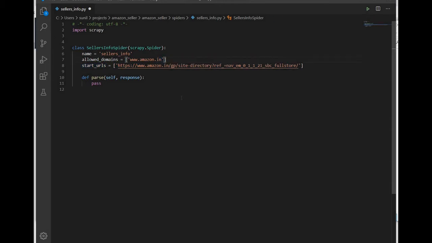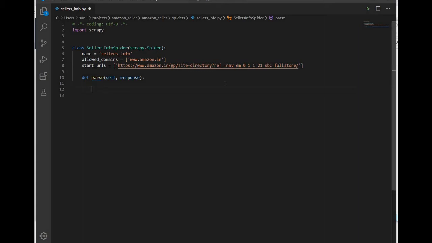The rest of the part you should remove first. That is a very important step whenever you enter into the Scrapy script. Now we'll go ahead and start scraping information.